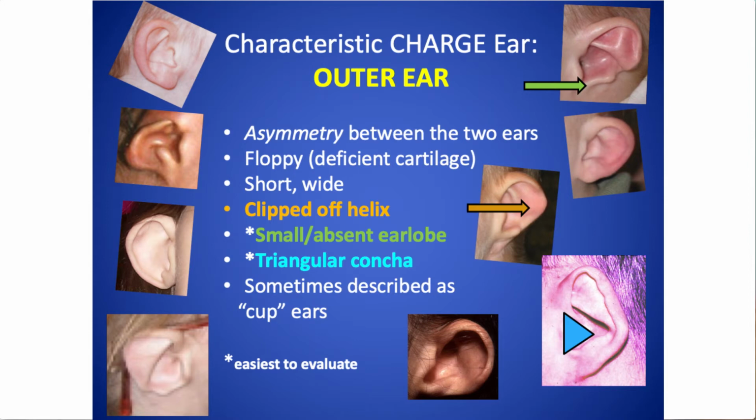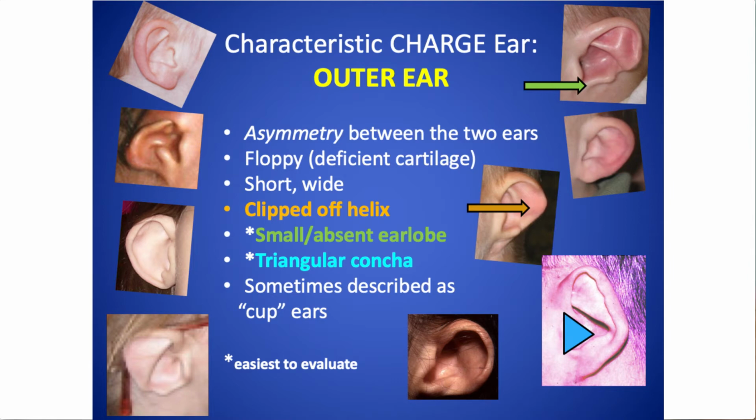As far as their shape, they're often short and wide, and there can be a clipped off helix. The helix is the outer fold of the ear, and the yellow arrow here is pointing to an ear that is missing that outer fold of the helix. One of the most common things we see and easiest to evaluate is a smaller absent earlobe,